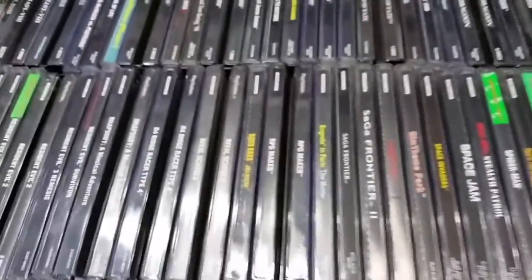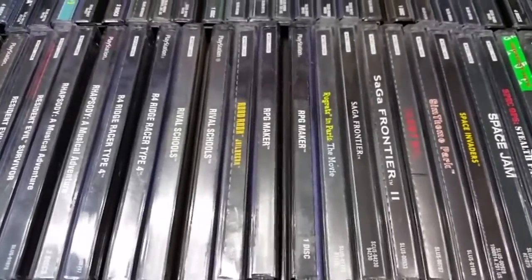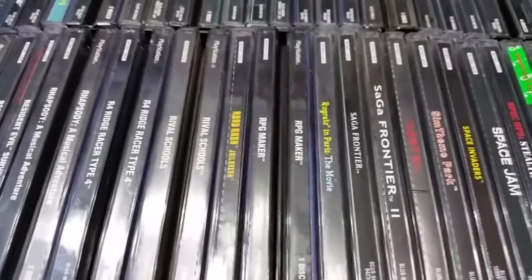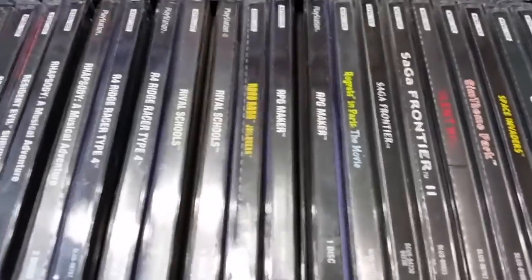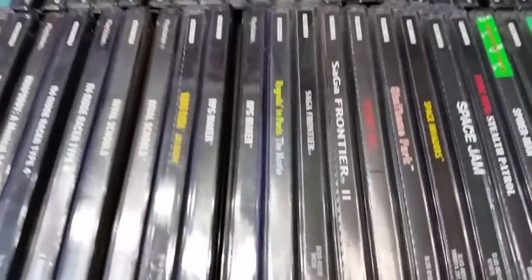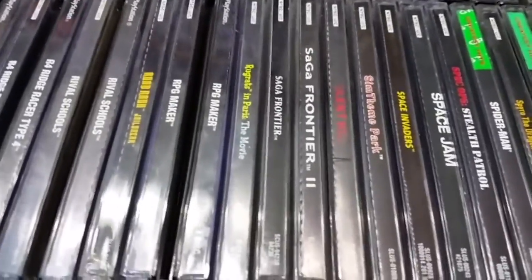RPG Maker. When that came out, I think it was in like the late 90s, it seemed like a really cool idea. I had all these crazy ideas of these RPG games I was going to make. I never ended up buying it, so I never got to do it, but it just seemed like a really cool idea. I don't know if they ever turned out very well, but...